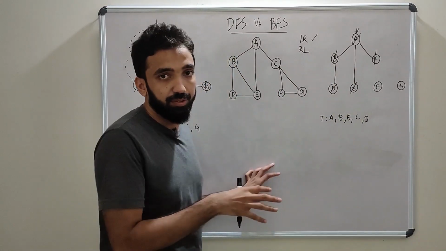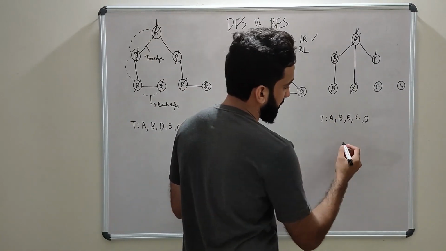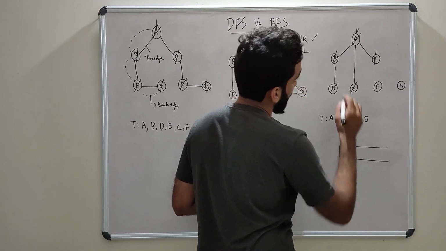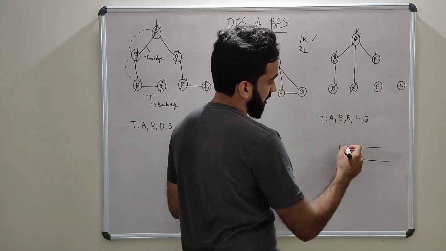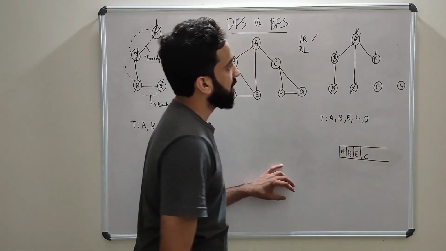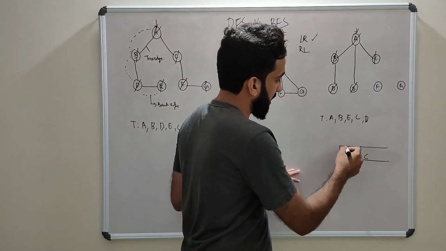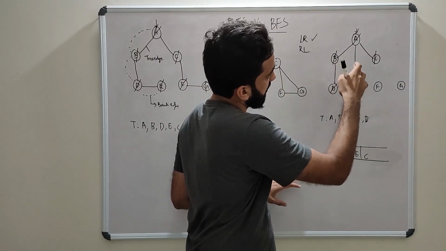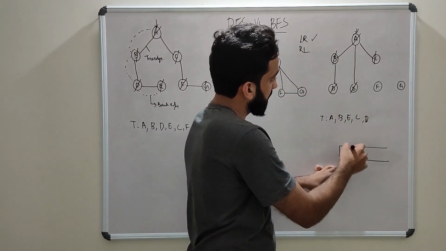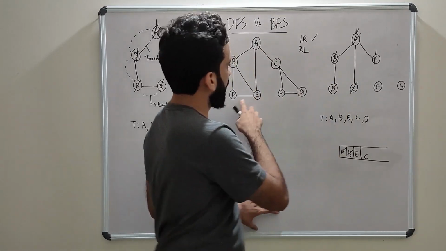So if you have any confusion in this ordering, you can track that using a queue. Suppose we already added A, B, E and C, right? So all the children of A are already explored. So we'll mark it here. Then the next one we have to explore is B, right? So we'll mark B here. So B is also explored right now. So we have D and E, both are explored.